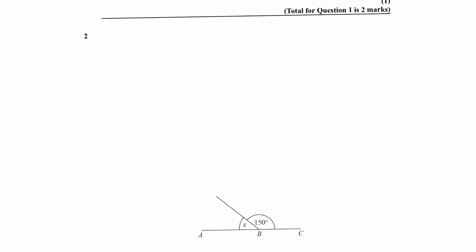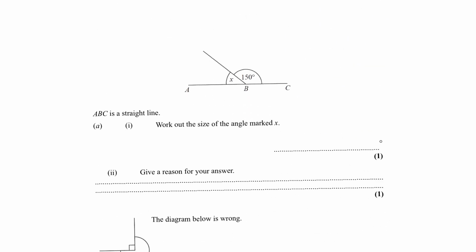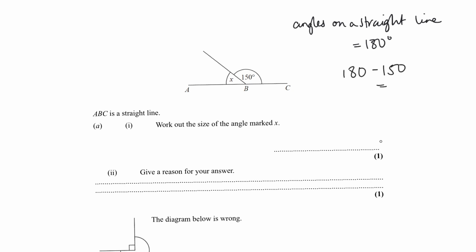Okay, so moving on to question 2. It's given us ABC is a straight line and it says work out the angle X. Well, all the angles on a straight line add up to 180 degrees. So if we know that one of the angles is 150, then to work out X, you would do 180 minus 150. That would give you an answer of 30 degrees. And your reason is literally because all angles on a straight line add up to